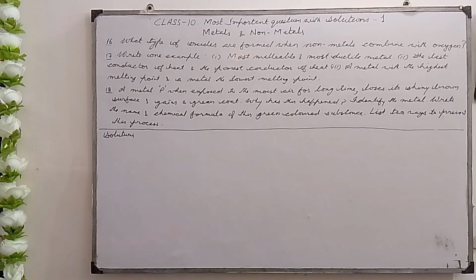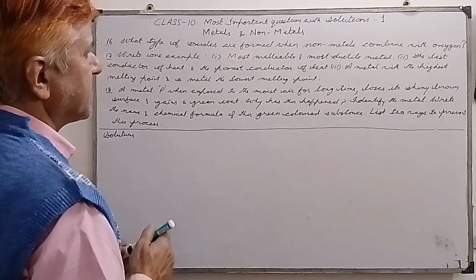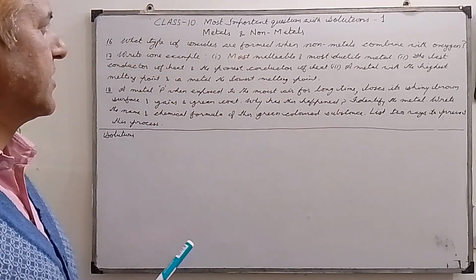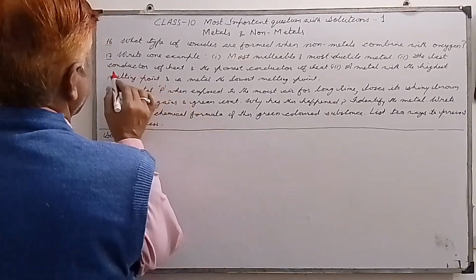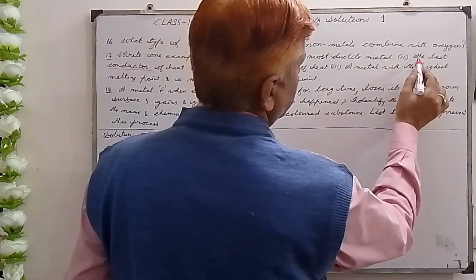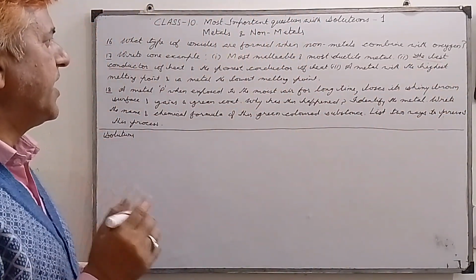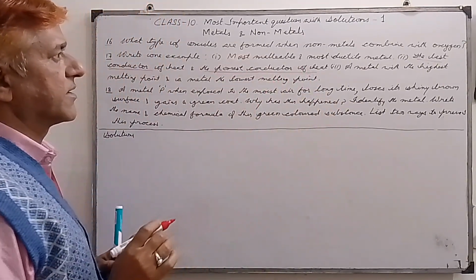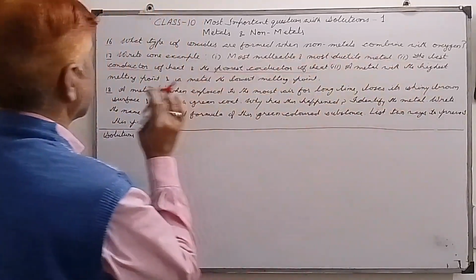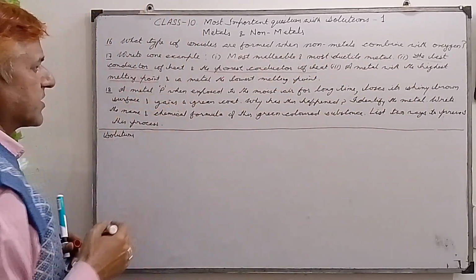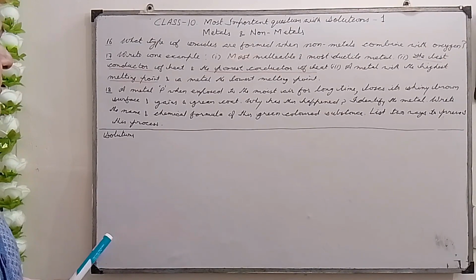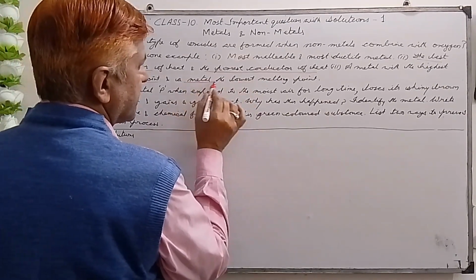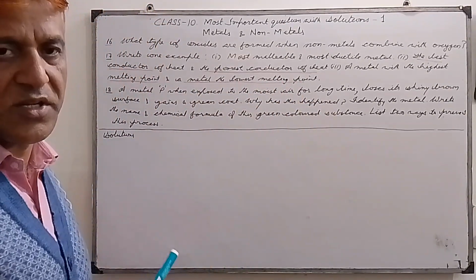most malleable and most ductile metal. My dear students, always remember that the most malleable and most ductile metal is gold. Second part is the best conductor of heat. The best conductor of heat is silver. And the poorest conductor of heat is lead. Third is a metal with highest melting point. Please remember, the metal with highest melting point is tungsten. And the metal with lowest melting point is obviously mercury, because mercury exists in